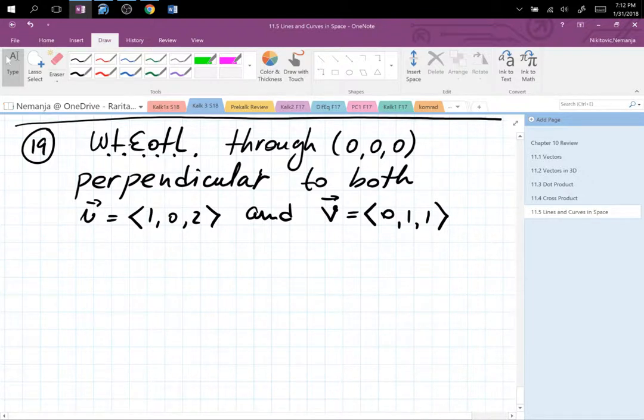Because both of them are taken in two different ways. The first one has a 0 for y, so it's a 1 and 2. The other one has a 0 for x, so it's 1 and 1. So that's how